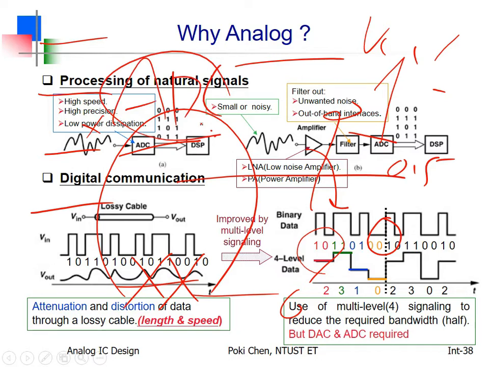If you have 3 bits, oh, sorry for that. 1, 2, 3, 4, 5, 6, 7, 8. Oh, and here, what is the content? There, what is the content? We need the help of ADC at the receiver side. And how about the transmitter side? You need the help of DAC to convert the digital content into different analog levels. Got it?